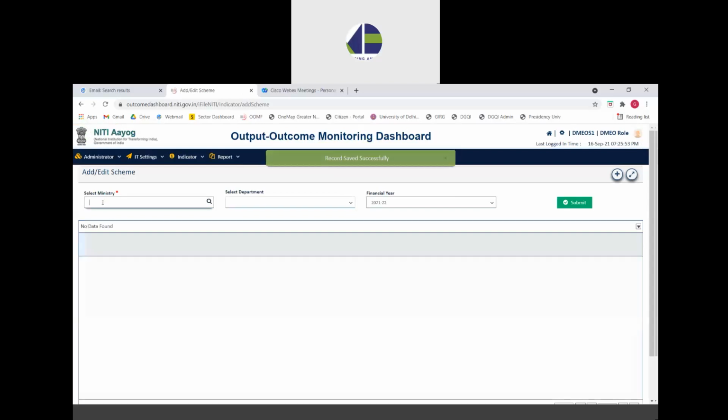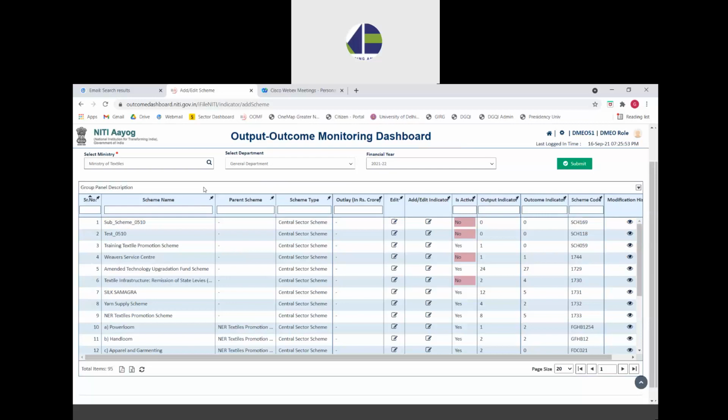After this is done, if you still want to see the details of the scheme again, you can go to select ministry, department, select the financial year, click on submit. And the entire list will start showing up.